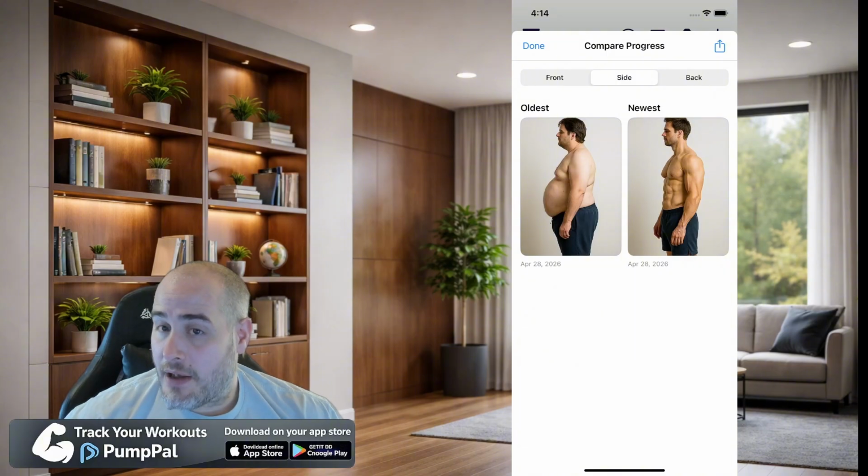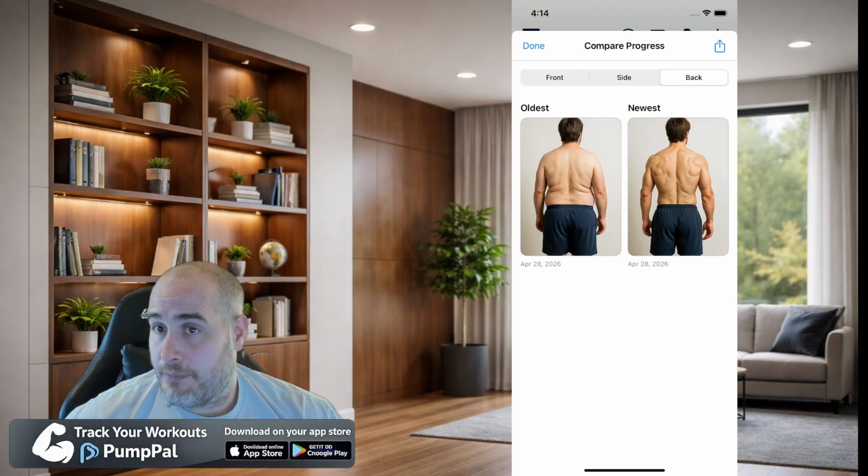And then on the back, you can click the back, and you get the back shot, right? Super cool, super easy to see your progress right there in your phone with all your progress photos. Another feature of the progress photos